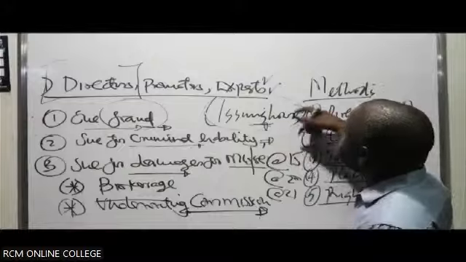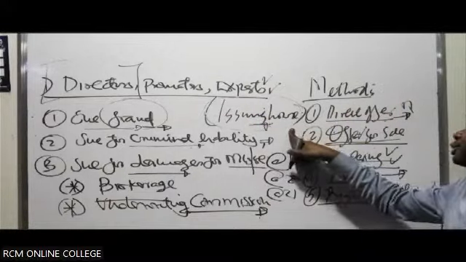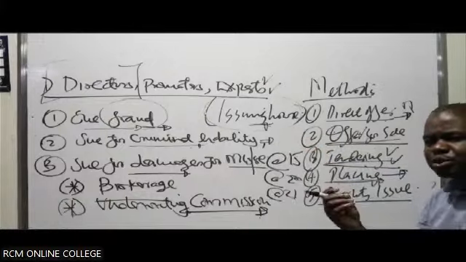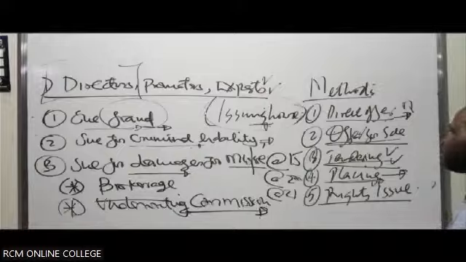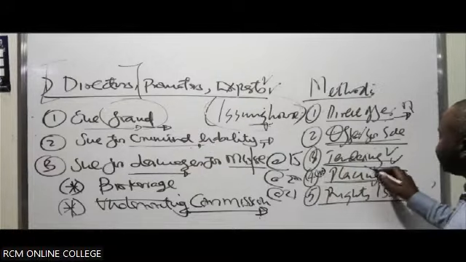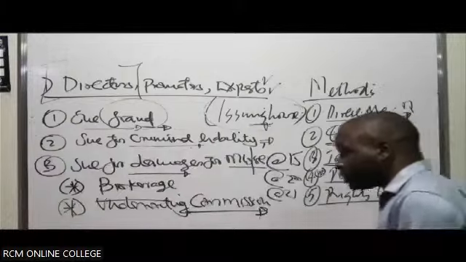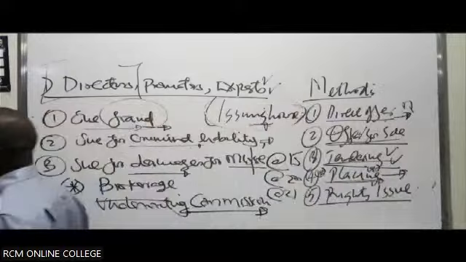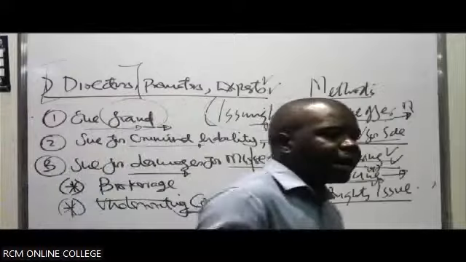The issuing house identifies investors within the economy who can buy the shares in huge blocks, not in small amounts like individuals who could buy 10,000 or 20,000. That is not what they intend to do. They have already identified key investors. They approach them, place the shares with them, and tell them, we are selling shares, you just buy them in huge blocks, like 20 million, 30 million, 50 million, 100 million, and